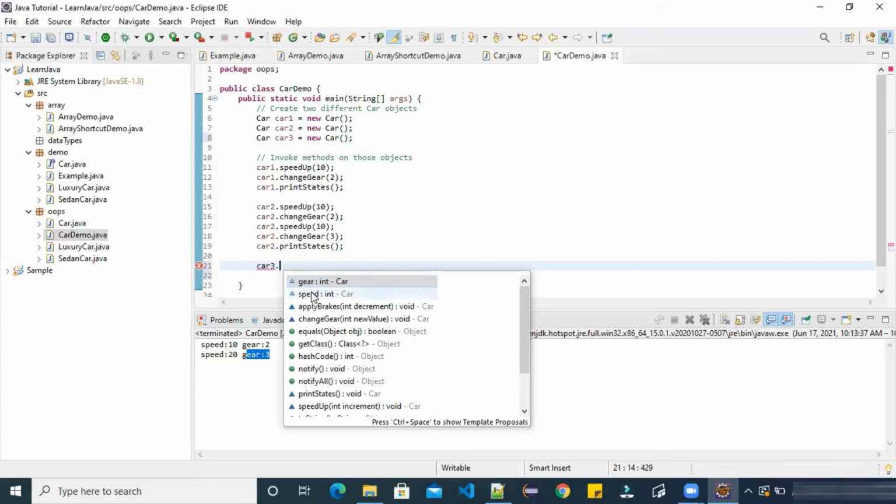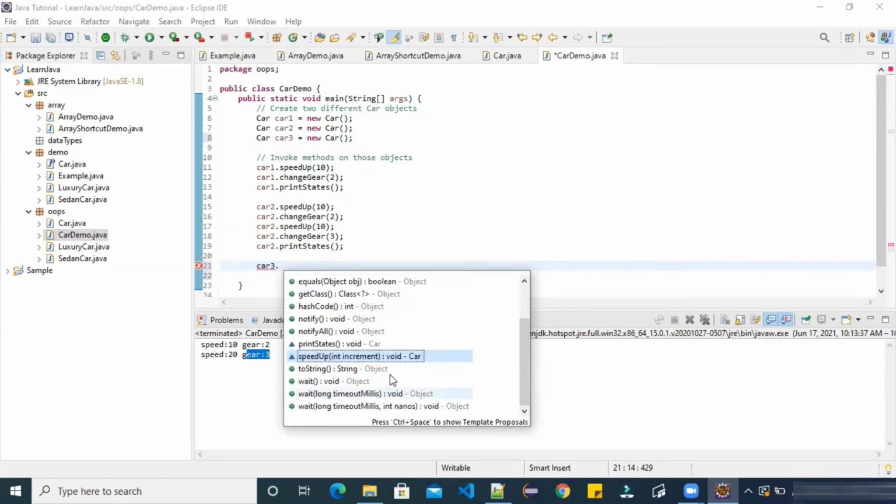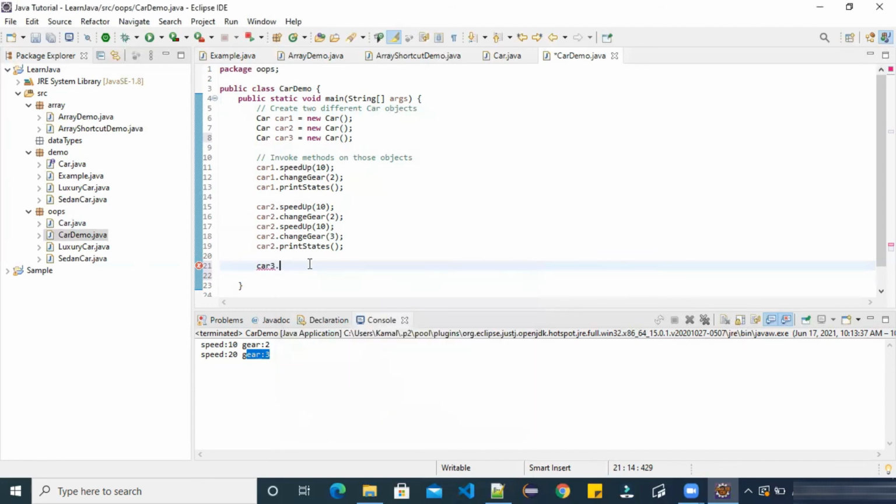Gear and speed are our states, and applyBrakes, changeGear, printStates, speedUp, all the methods are also visible here in the suggestion box. We also see other methods, which we will learn later, but for now we have gear, speed, and all the methods of class Car in the suggestion box. We can use any one of those.